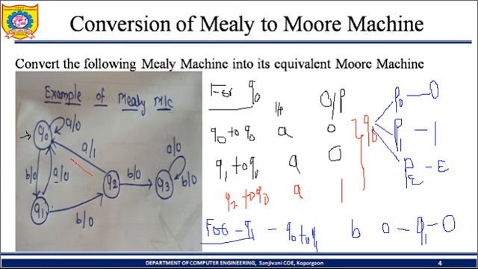Now, here we have split the Q0 to Q1, B equal to 0 and 1. Now we will consider one more. Here you can see we have converted Q0 to P0, P1, P epsilon, where 0, 1, epsilon are the outputs, and for Q1, as there is a single output, there is no need to split the given state into two different states, and output is 0. Now I'll consider the next state, that is Q2.